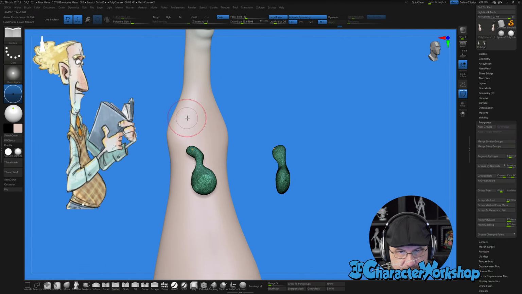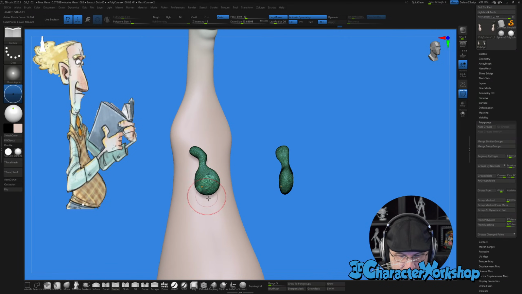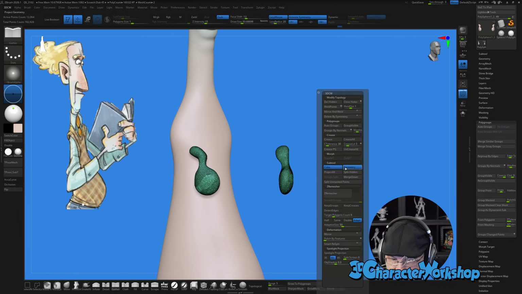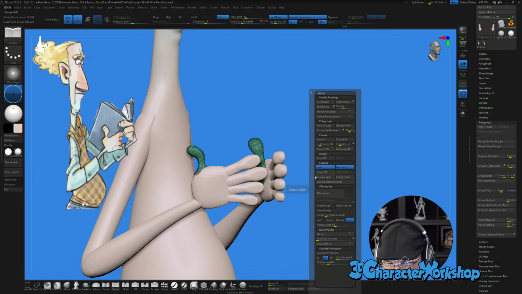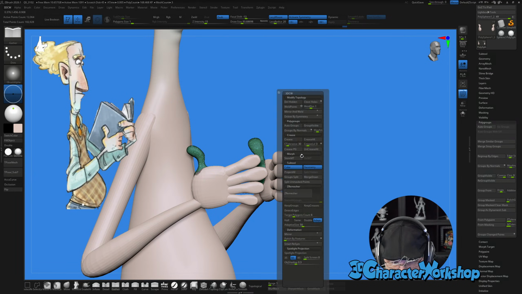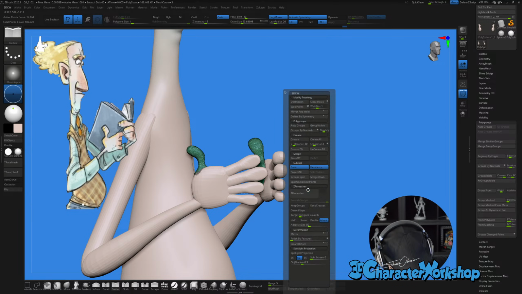Okay. We're gonna go, I'm gonna split hidden. And then do a ZRemesh, but I'm gonna do it really, really low.